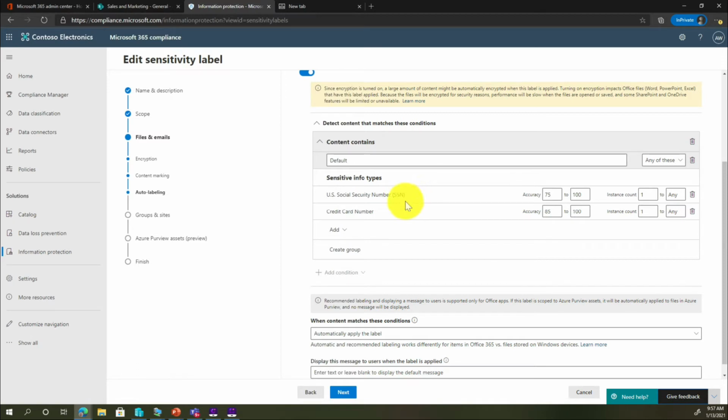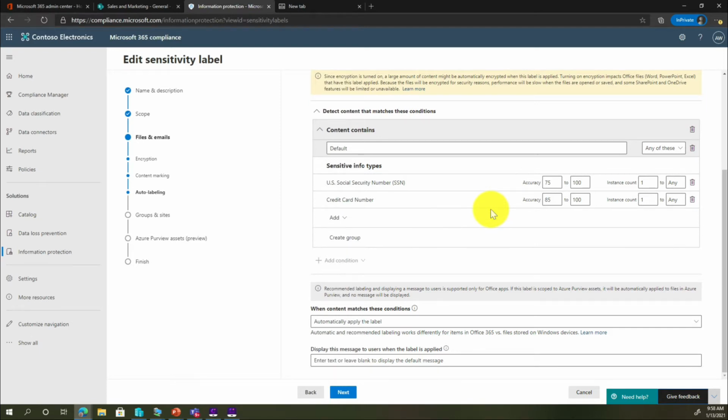This is what the actual scanning will look for in this label: social security numbers, credit card numbers. Here you have the accuracy. Again, I'm the kind of person that likes to err on the side of caution. I chose a lower accuracy number for social security numbers. You can go lower if you like. The good point of that is, I'd rather make a mistake and not share a document that does not have a social security number, as opposed to make a mistake and share a document that does have a social security number. It's all about automation, machine learning, and just erring on the side of caution here.